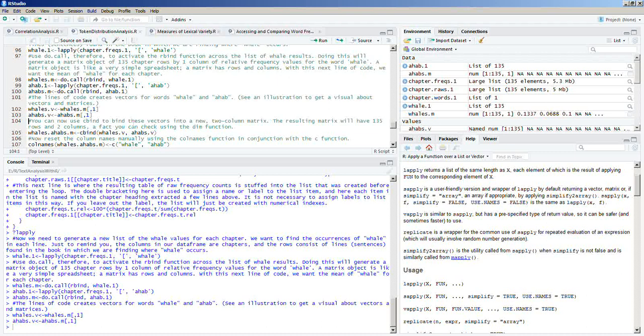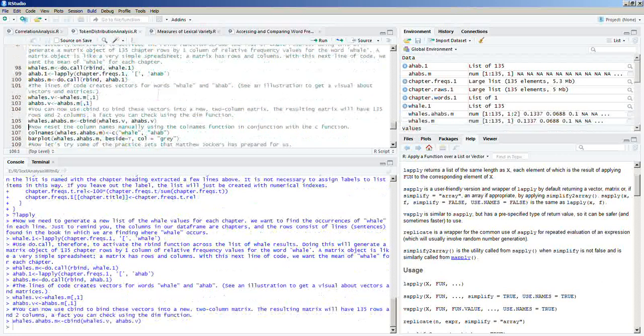You can now use cbind to bind these vectors into a new two-column matrix. The resulting matrix will have 135 rows and 2 columns, a fact you can check using the dim function. So I can show you about dim, but first let's do a cbind. Okay, so now,